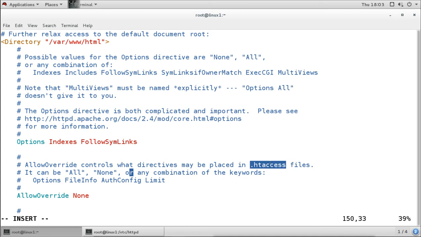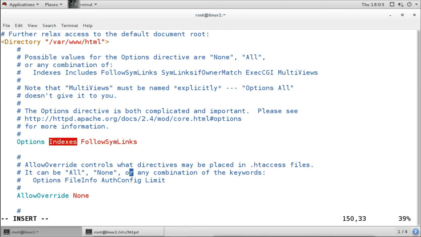It will look for this file under this directory, and it is a hidden file, .htaccess, so normally it will not be shown to anyone. But if you give this indexes option, then it will be visible for everyone. We don't want it to be visible. Instead it is hidden, but it can be downloaded. We don't want these sensitive files to be downloaded, so we should not put this indexes option.